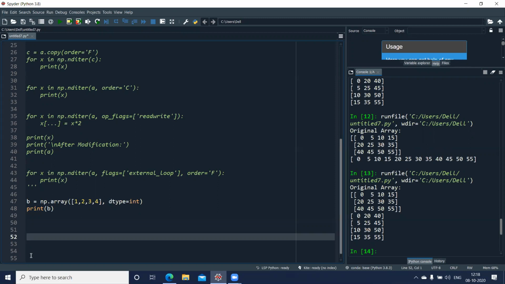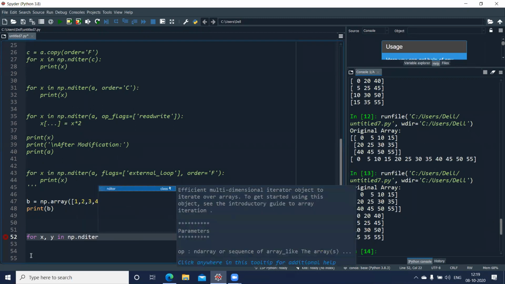So I can just write a for loop here, for x comma y. X will access one of the arrays, and y will access the element from the other array. So I can use np.nditer.